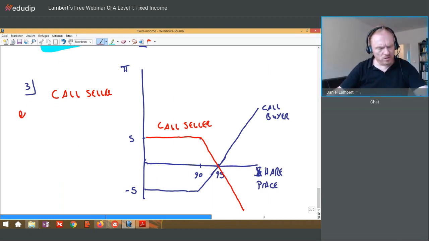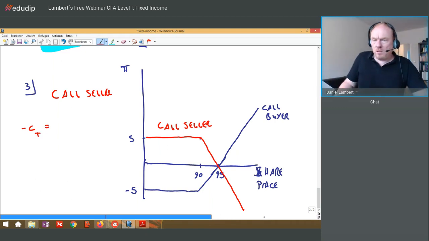Oh yeah, why not write it down in red? Because it's -CT. Lowercase c because we're dealing with a call option, and uppercase T because we're looking at point in time T. It is negative